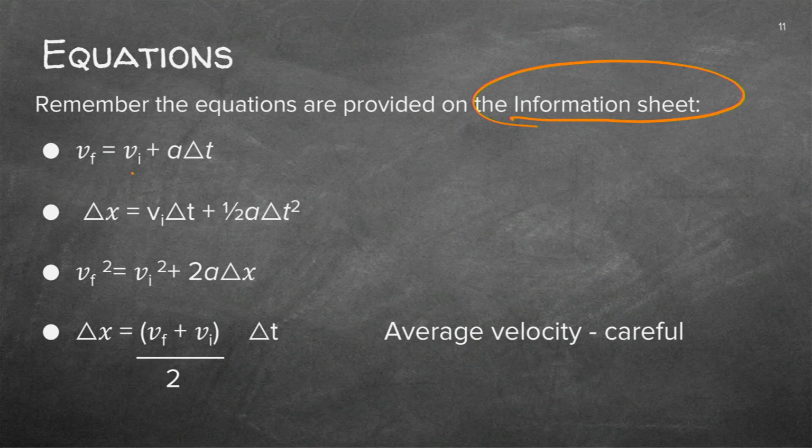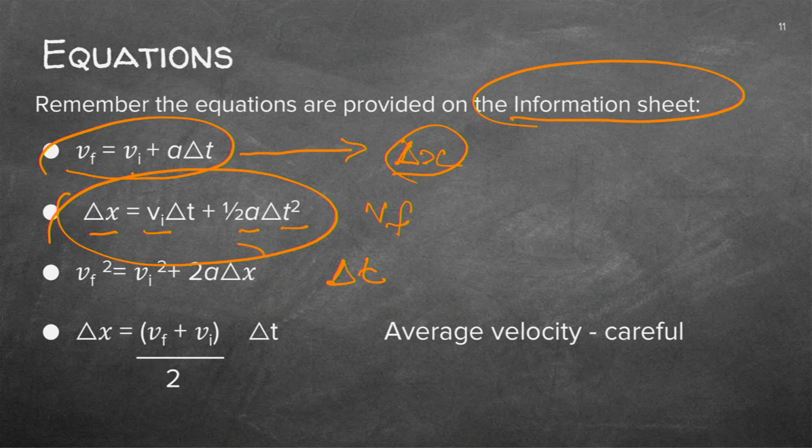Final, Vi, delta t, a, delta t. Just bear in mind that this equation doesn't have the displacement in it. So you can't use that one if you have either the displacement asked or given. This one doesn't have, have a look, Vi, a, t, and x. There's no final velocity. In this one, they don't provide me with time. You deduced all 3 of them just now with me.